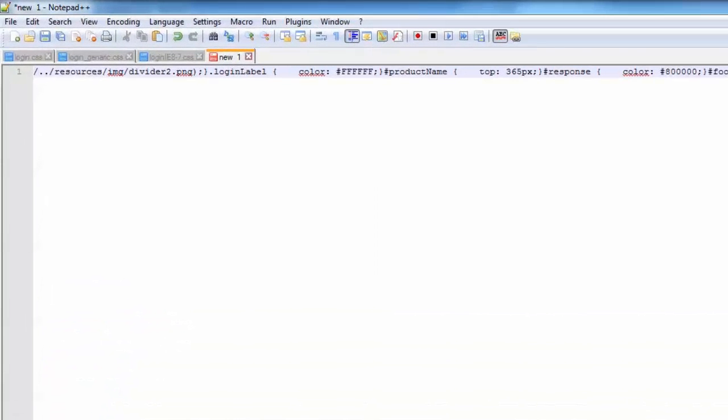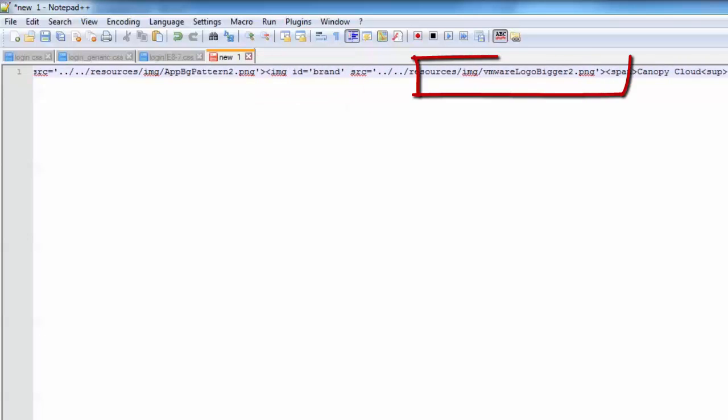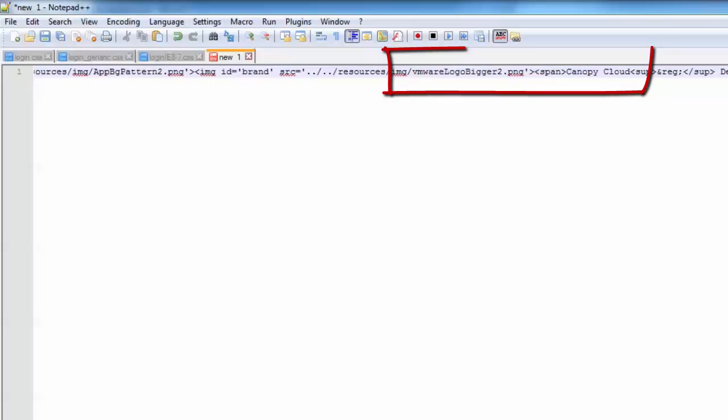Right, and what you do from here is actually work through this line of code, and you can start to see things like the image that's specified in that top left hand corner, and I changed it to app BG pattern 2 instead of the original one. I changed the logo, so the logo graphic. I also changed the caption. So Canopy Cloud demo